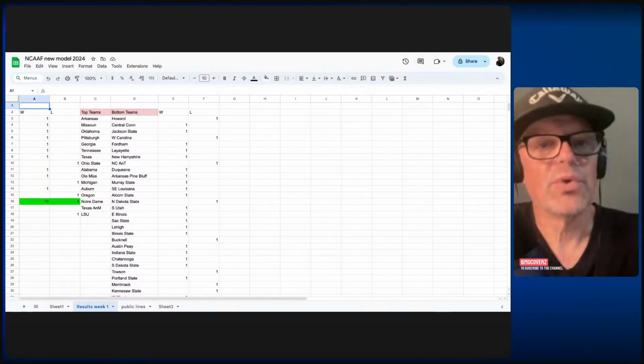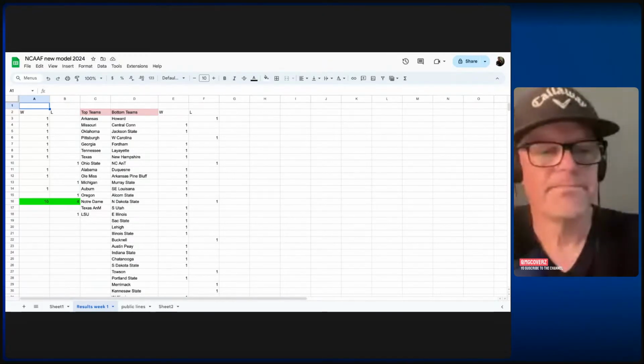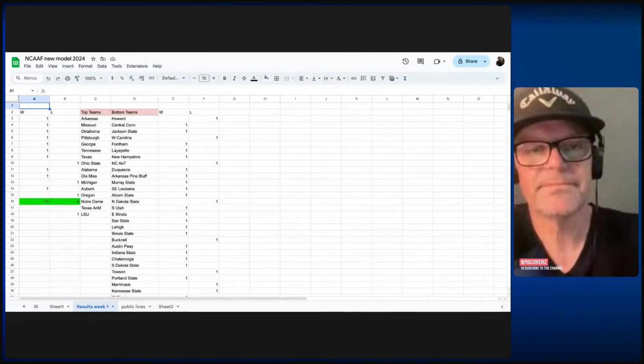Oregon. Let's take a look at, I forgot who Oregon played. Idaho. Yeah, so they didn't play well. So the line was minus 49. Oregon won that one 24-14. But the point is,